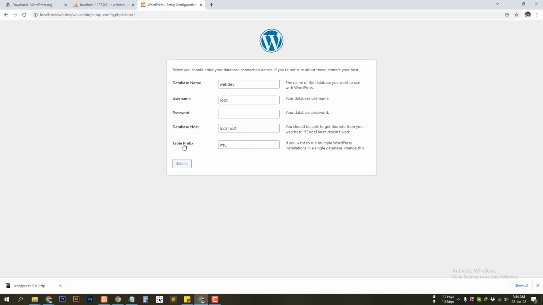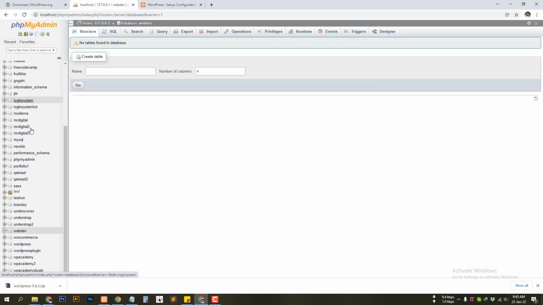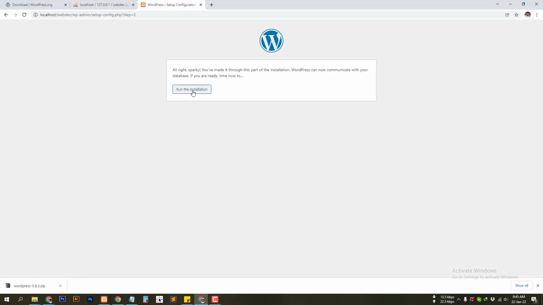And you can also set a prefix here. So by default WordPress provides wp underscore as the prefix, but you can customize it as you want. So let's click submit. So another thing is we must keep the same name as we put on the database. As we created the database WebDev, it has to be the same name. All right. So run installation,